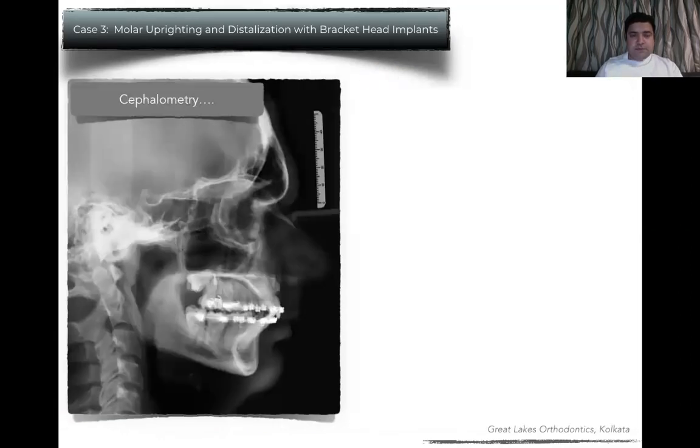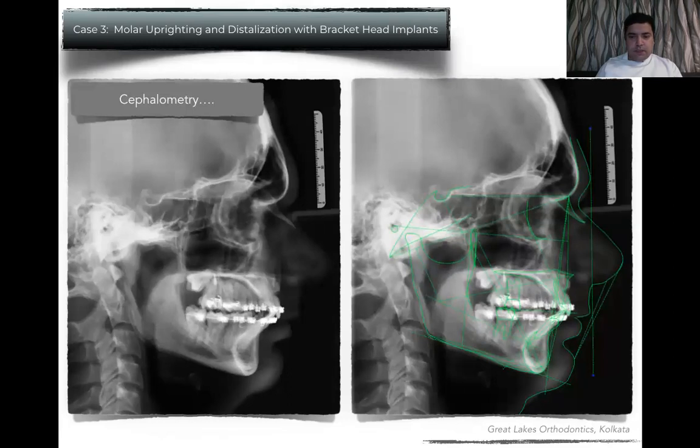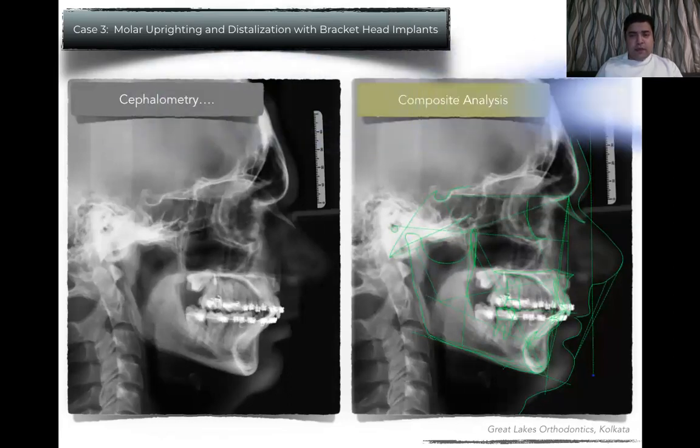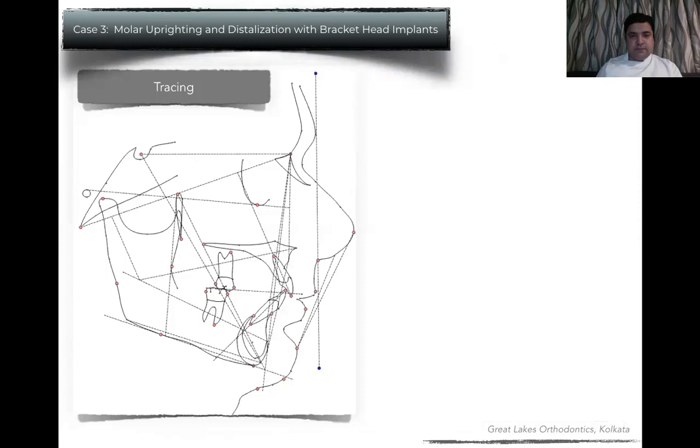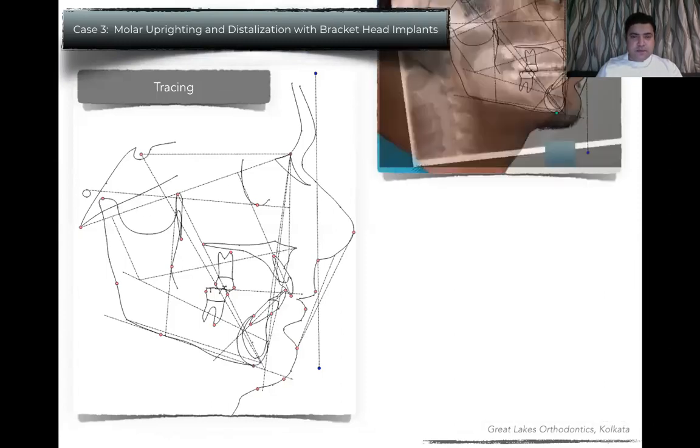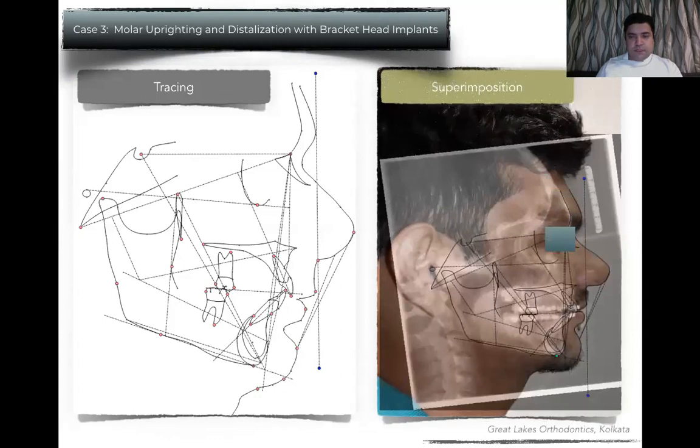So what is the cephalometric perspective which we got? We did retract the upper anteriors significantly, but the lowers did procline. We could have gone ahead with lower incisor extraction, but it's a compensated Class 2, and considering the severity of the treatment, we went ahead with only a bit of proximal stripping. So that's the tracing post-treatment, which shows a normal overjet and overbite. The superimposition at the end of the treatment shows that a pretty balanced facial profile was attained at the end of the day.